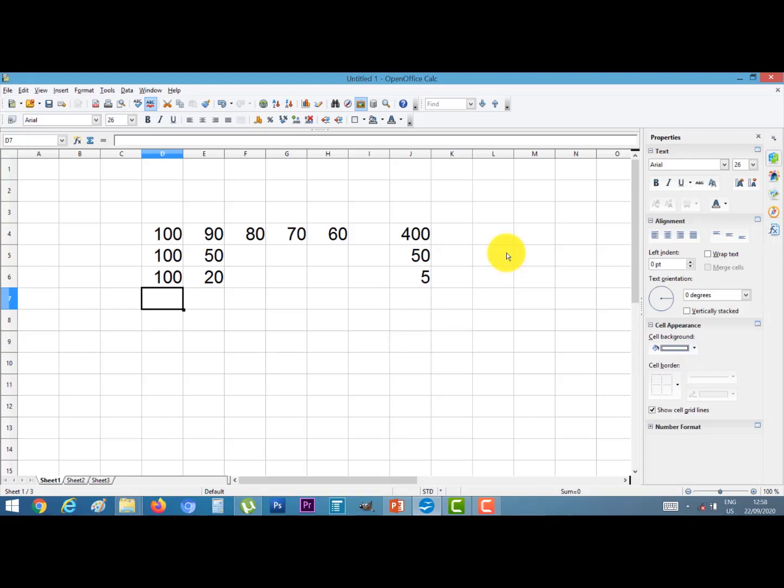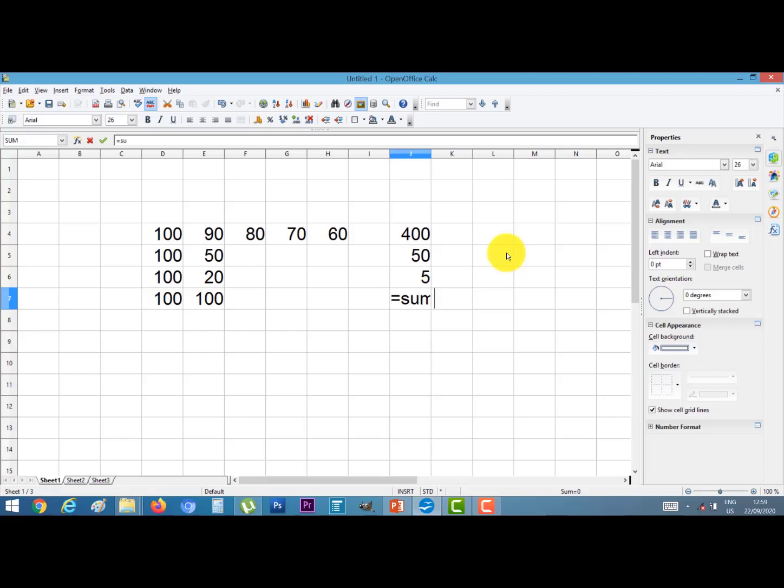Again I put a value in the D7 cell. Suppose I insert 100, and in E7 I give again 100. Now I want to multiply the values.